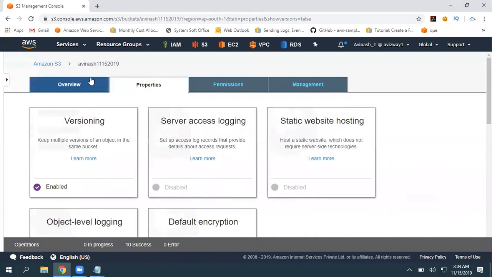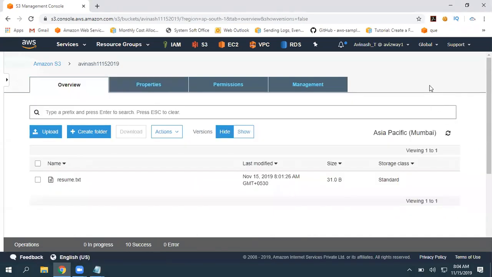And many organizations, not many, only very few organizations use this S3 platform to store their code also. And in our CI/CD session, continuous integration and continuous deployment, we are going to put all our code in the S3 platform and we will perform the task. So you can use S3 to store your code also. You can use any format of the file.